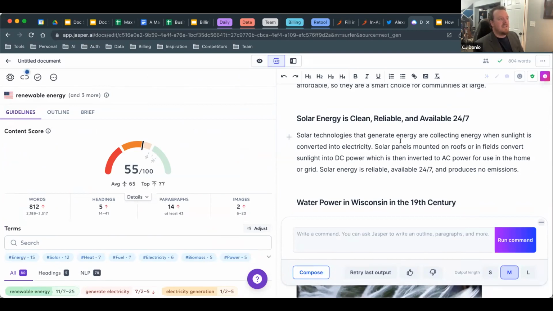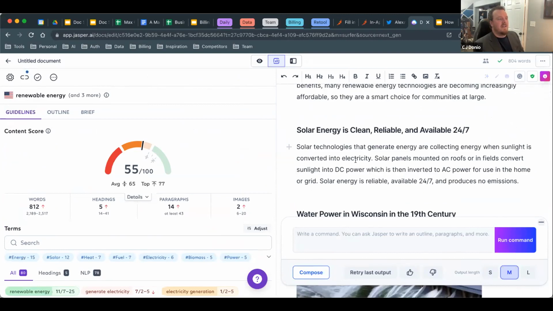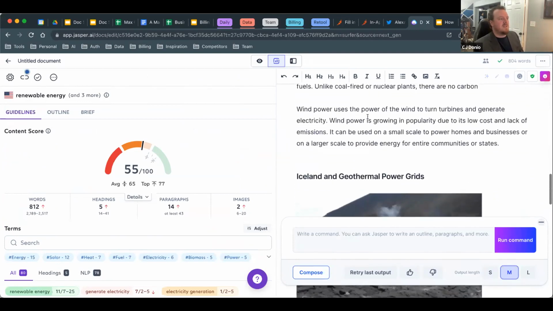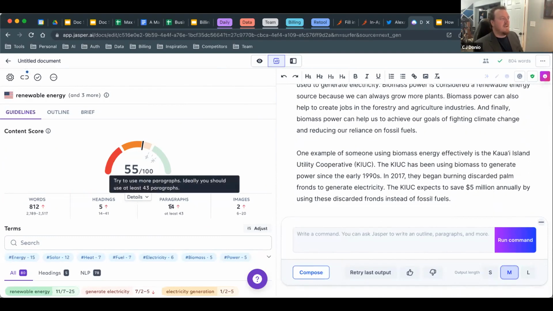need more paragraphs. So for example, one thing that I've missed is I kind of have this trend where I explain what the energy is, and then I kind of give an example of it. So if I go through and I add examples for solar, it might just be solar. That's the only one I'm missing here. Yeah, so that will help me right there. If I add more images, so every section has an image, that's also going to boost my SEO.